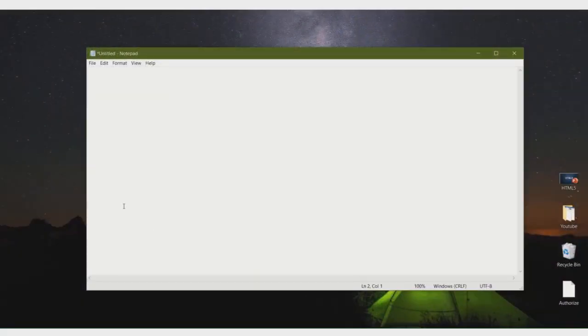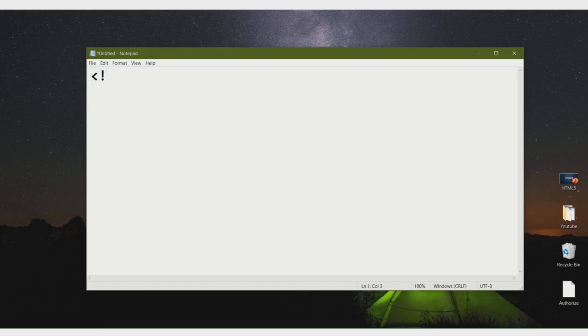This is the notepad, and in this notepad I am writing the HTML5 tag. As a text editor, you can use notepad, Notepad++ and NetBeans, but I am using the notepad. This is the first line.